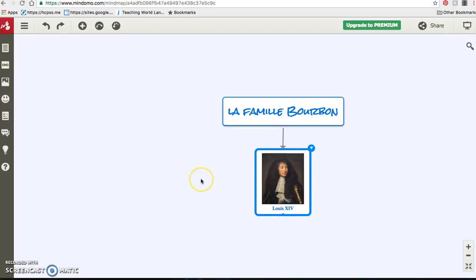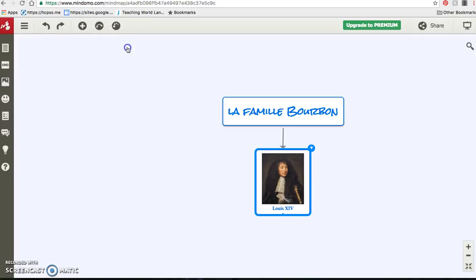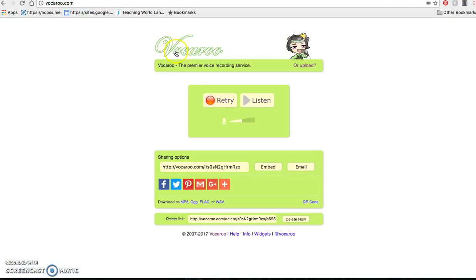I might also want my students to add a little voice clip, recording themselves saying something about Louis the 14th, a fact or something like that. Again, if you click on multimedia, the premium version has a sound recorder built into Mindomo, and you can record and paste sound right from here to your subtopic. We, again, do not have that option. And since I have already uploaded a picture here, I am going to go out on the internet and use a voice recorder that gives me, once I've recorded my piece, a URL. I'm going to copy that URL,